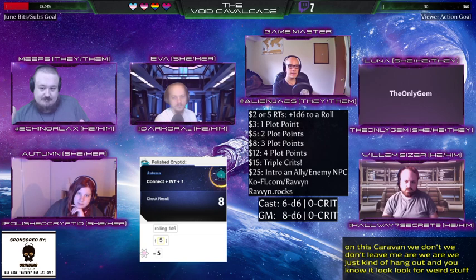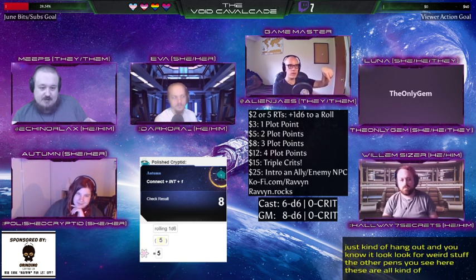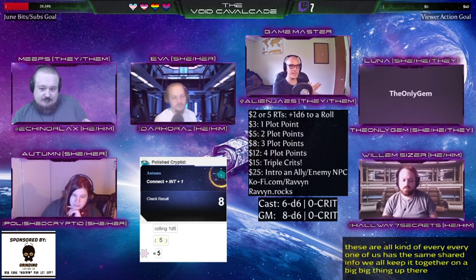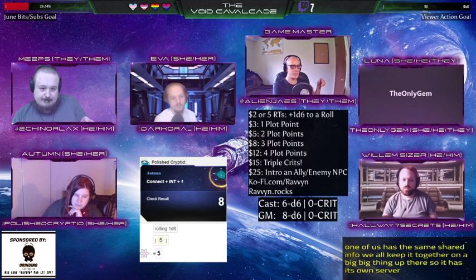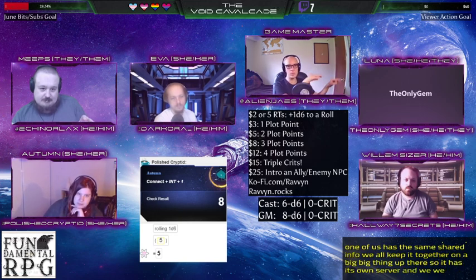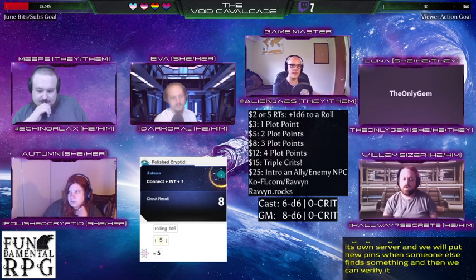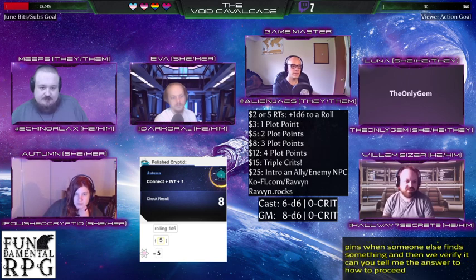The pins you see here, every one of us has the same shared info. We all keep it together on a big thing up there. It has its own server, and we put up new pins when someone finds something, and then we verify it and everything like that. Can you tell me anything else about how to proceed? Oh yeah, that one's...